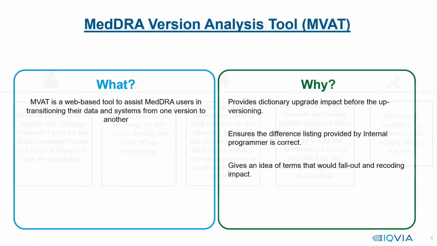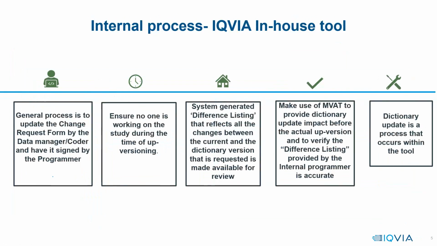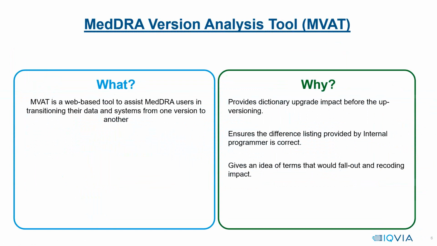Before we come to this, there is also an issue log that would need to be updated in case of any issues or deficiencies that might come during the dictionary upgrade process. So the coder who's working on the dictionary upgrade would be logging any issues in the issue log document, and these issues would then be worked upon by the programmer in conjunction with the coder until and unless all issues are resolved. Only when all these issues are resolved would we consider that the upgrade has been successful. I mentioned MVAT in the previous slide.